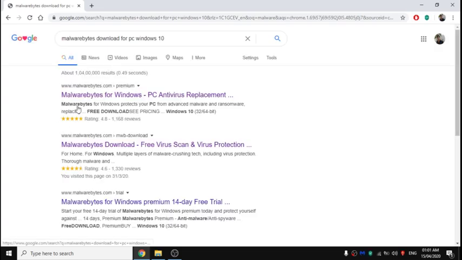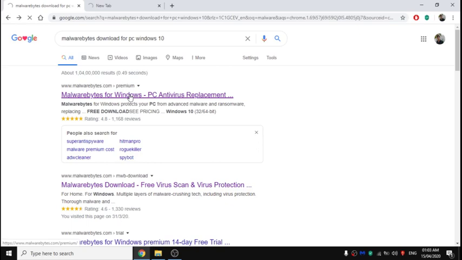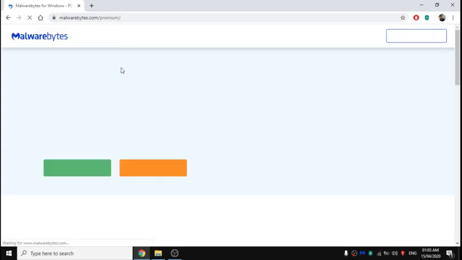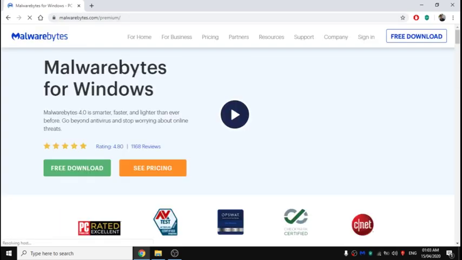Okay, so here we are. Malwarebytes.com premium. We have to click on the very first link, Malwarebytes premium. Click on free download.